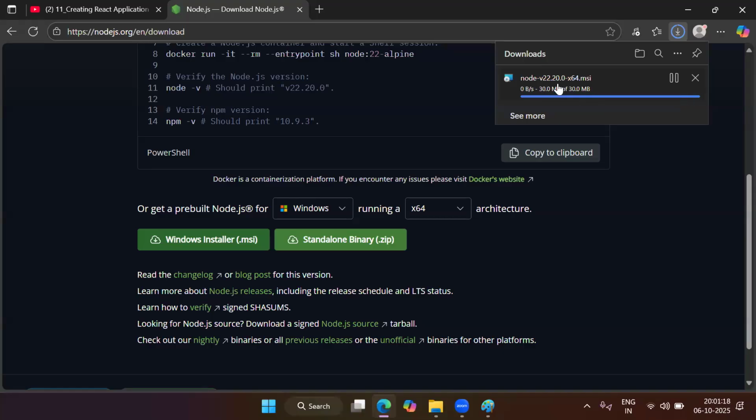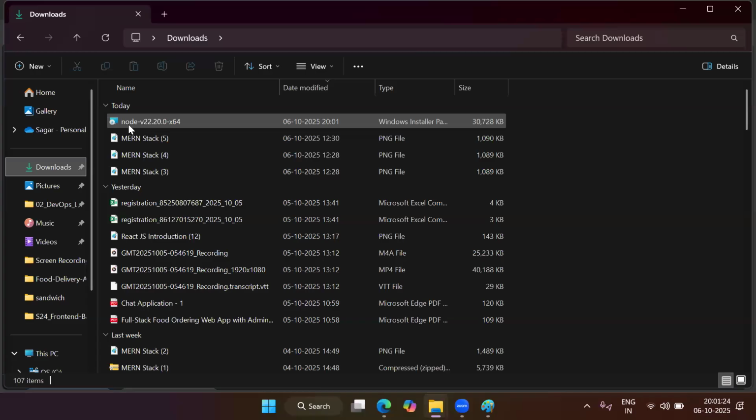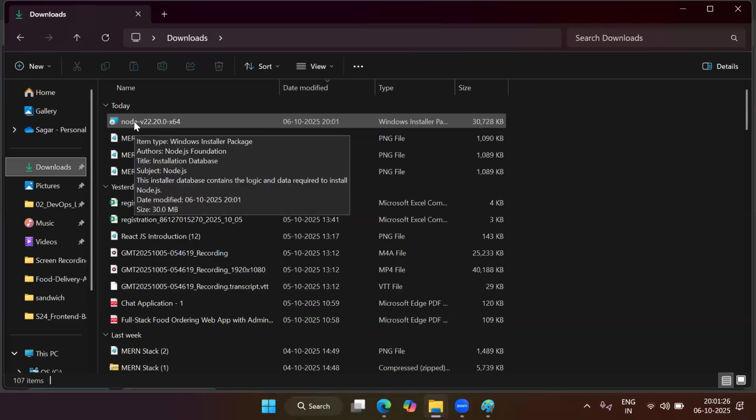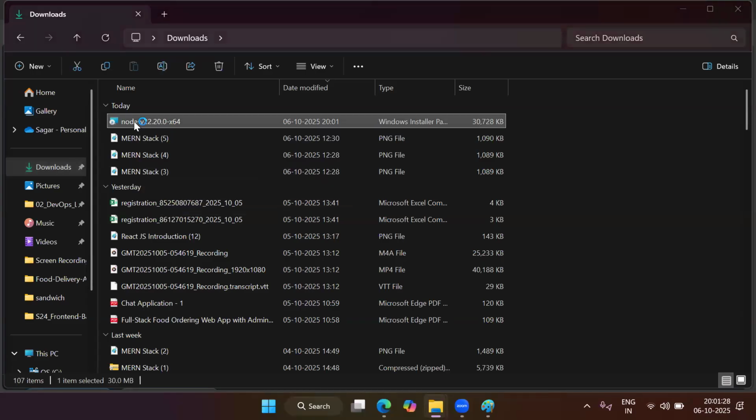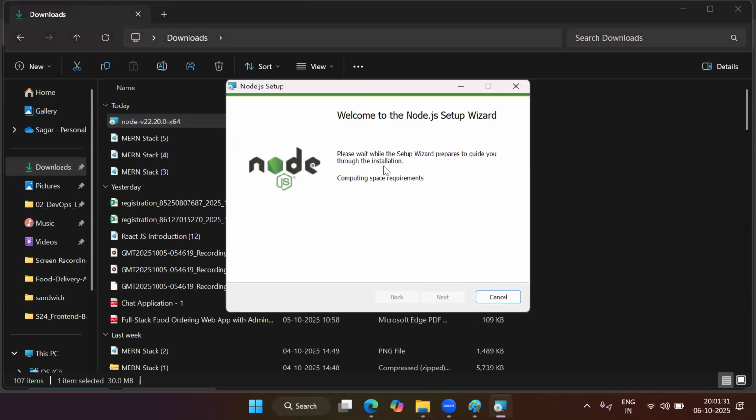Once it is downloaded, go to your downloads. This is the file which got downloaded. Just double click on it. When you double click on it, the installation process will start. So make sure everybody is installing the latest Node.js version. You might have installed Node.js 6 months back, 1 year back, or 2 years back, or maybe 1 month back, and we might have got new updates on Node.js.